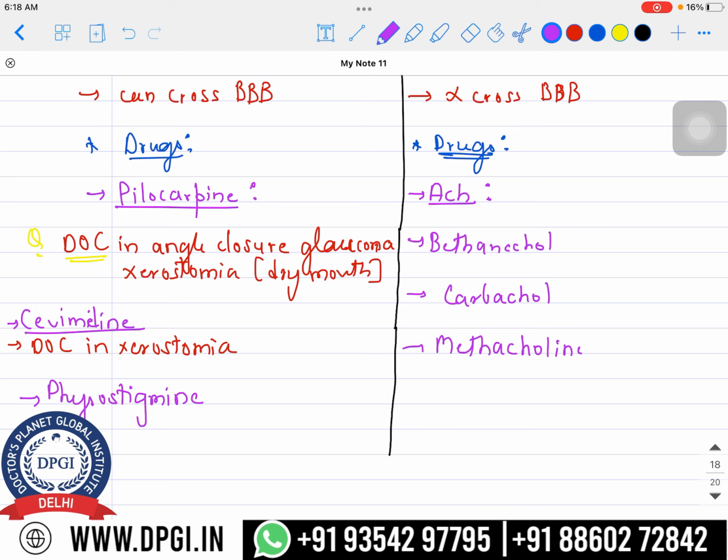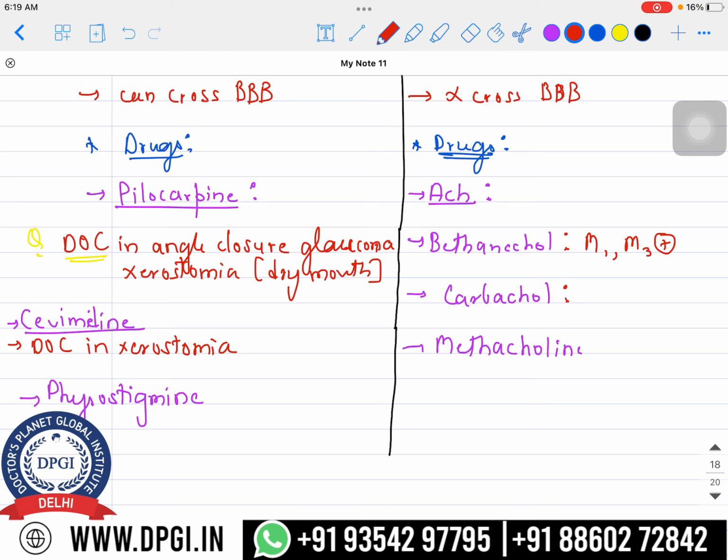What you can remember from these kinds of drugs is, if you talk about bethanechol, which receptor is it basically acting on, guys? M1 and M3 receptor. Just remember that. And it has good selectivity actually. It is not binding to the nicotinic receptor much.